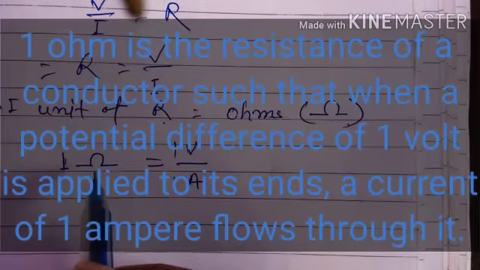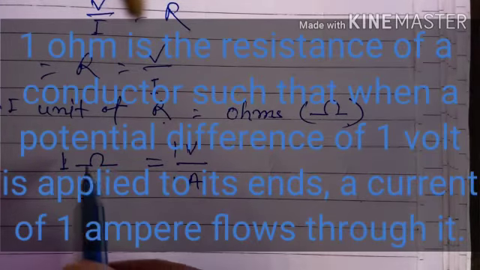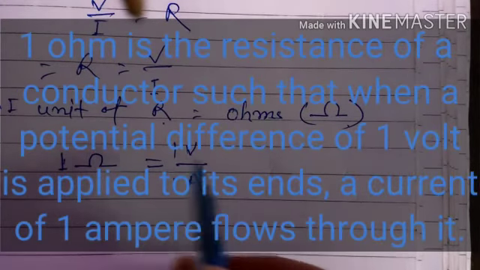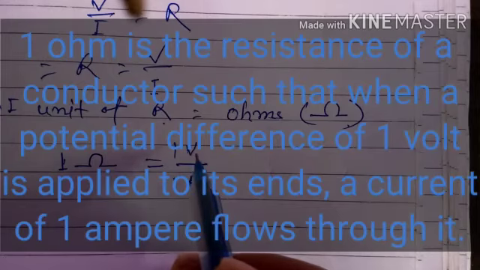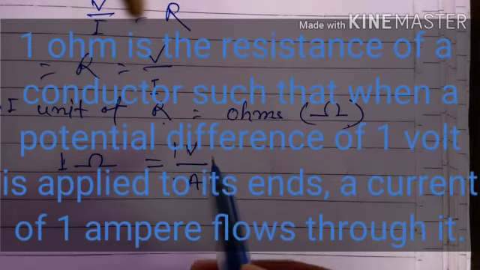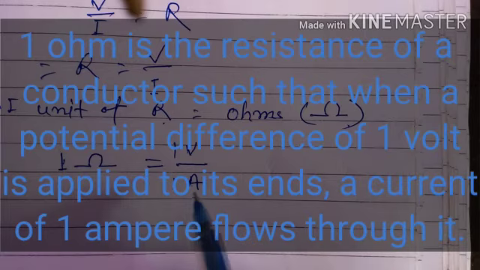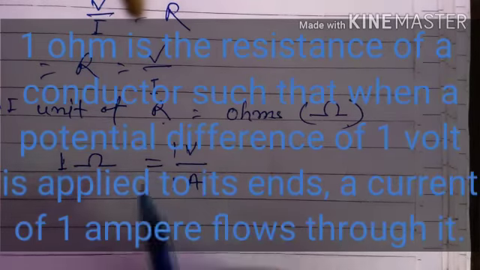So 1 ohm is the resistance of the conductor such that when a potential difference of 1 volt is applied to its ends, a current of 1 ampere flows through it. So thus we can